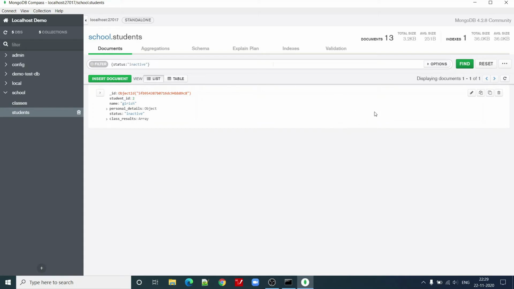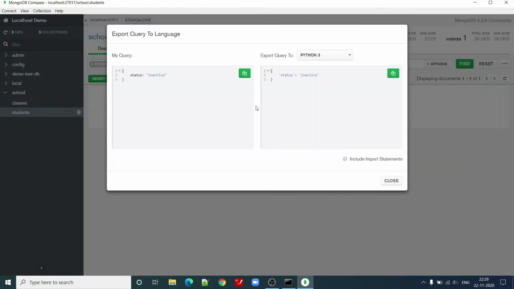So this is how we can create documents from MongoDB Compass, read documents from here, and update the documents from here. We can also copy this document and we can clone this document also, right? And if we want to export this query into other languages, like if I'm working in JavaScript or Node.js, or Python, I can convert these queries in this way.